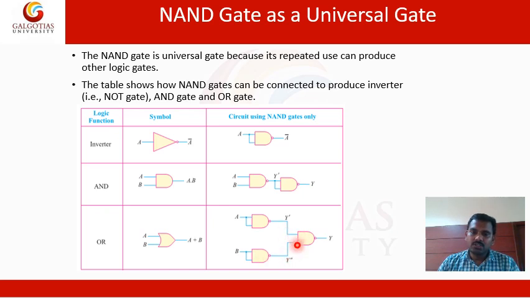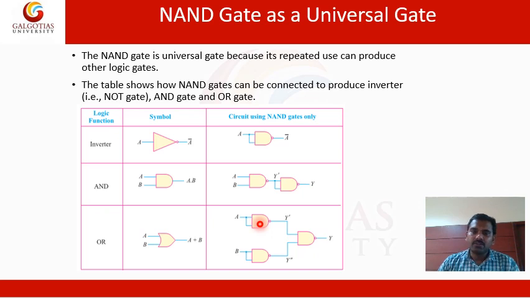So these two inputs are again used for a NAND gate. When these two inputs are used, the output will be Y, which is A plus B. Since we use De Morgan's law to derive this, A plus B is the final output. It means we can derive the OR gate by using three NAND gates.